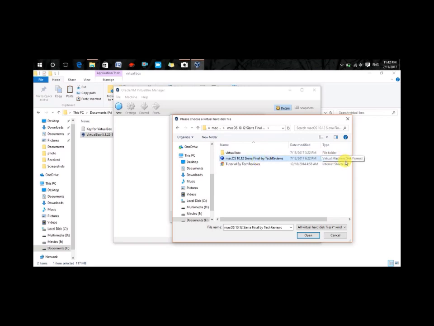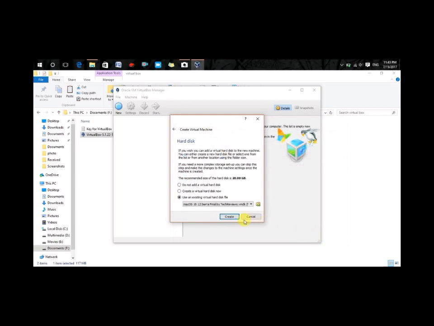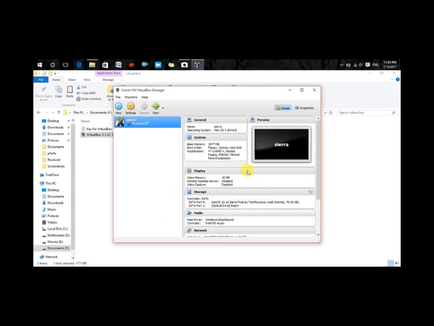Let's select the virtual disk image file format and open it. Let's create. It's created. Now we have to make some changes.